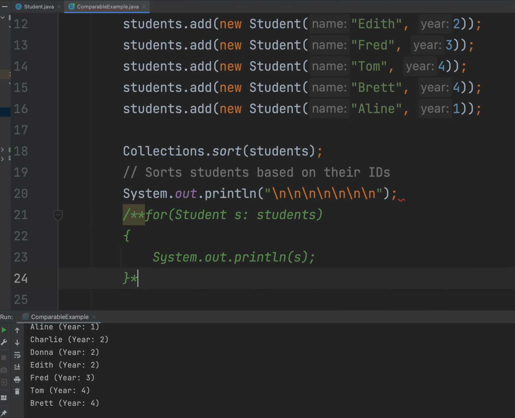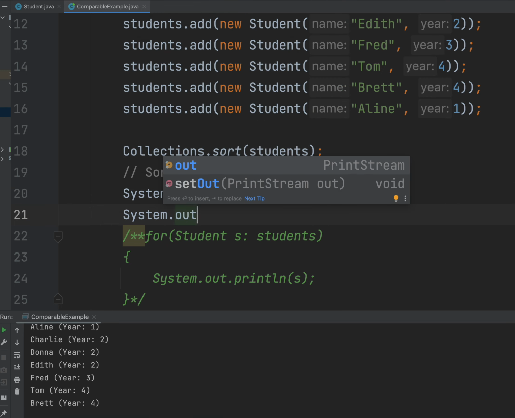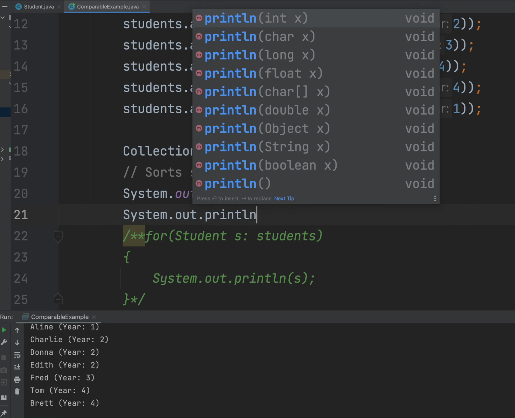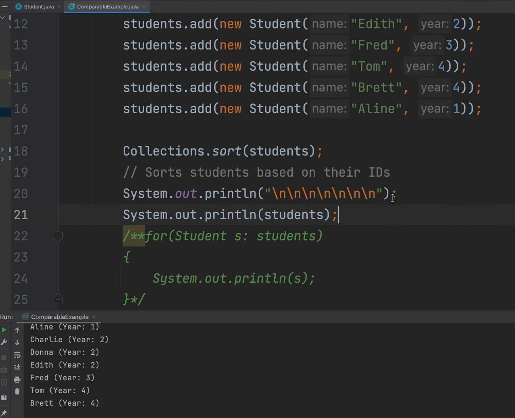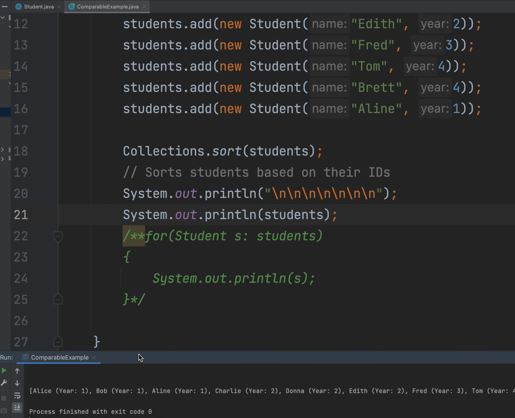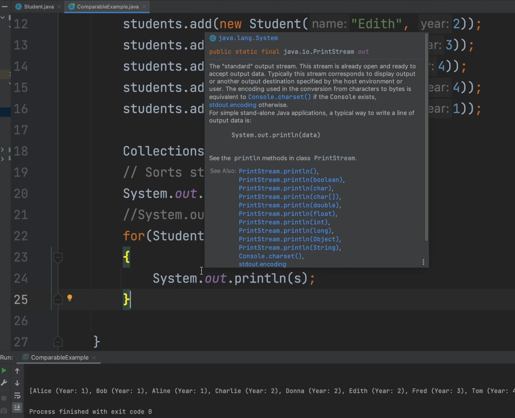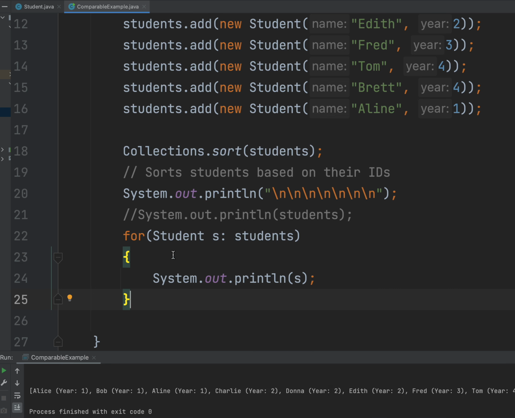Real quick though, I just wanted to hit up some subtlety. We could just print the entire ArrayList. We could do that. Let's just see how that looks just for funsies. Now, when you choose to print the whole array, you get this interesting bracket and comma notation. So I don't think that that's preferable. I like the way this looks. But now I'm back to my problem where I wanted to sort not only by their year, but also by their